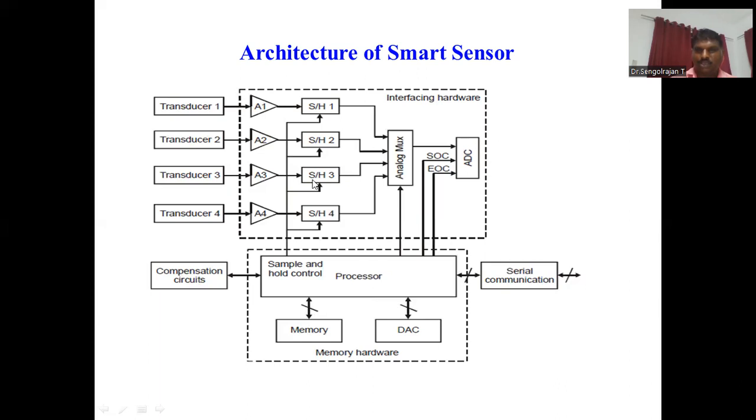If any compensation is required because the signal is weakened, it is amplified and given to the analog multiplexer, where only one amplified signal is output to the ADC. Then, after conversion of analog to digital signals, it is transported through serial communication protocols such as RS-232, RS-432, and others